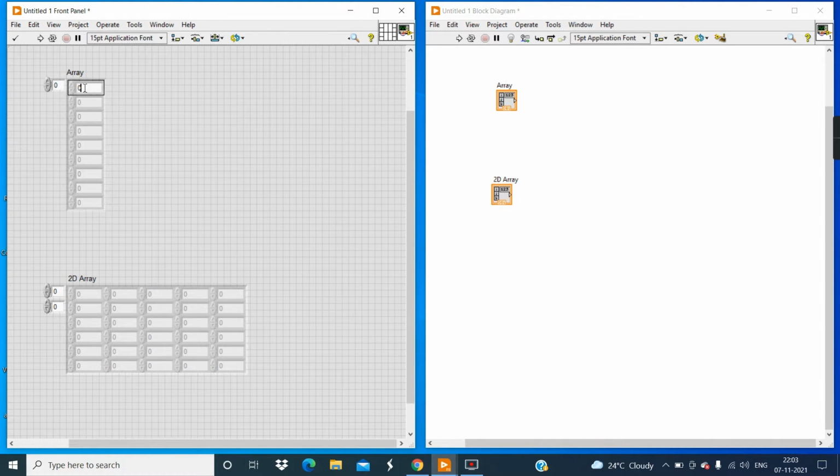Now put any numbers like 34, 9, 10. In the 2D array, enter any numbers, 1, 0.